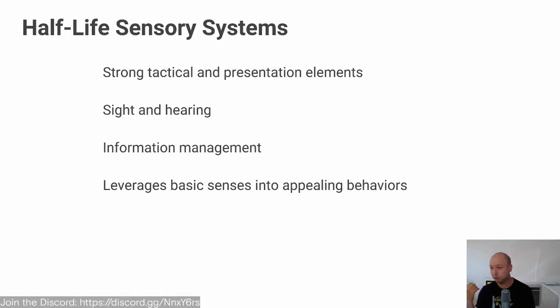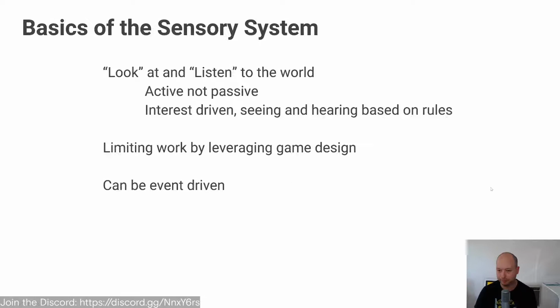I may be reloading and then shooting and reloading and shooting, and those are two different states, and I may be doing two different things in those two different states. And I'm talking about from the perspective of an AI, not from the user's perspective. And we may need to leverage basic senses into our behavior. So for example, I'm an agent and I'm shooting at you, and then I'm hiding behind a box or something.